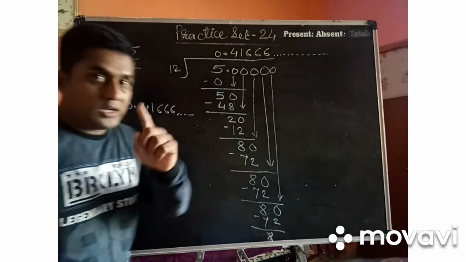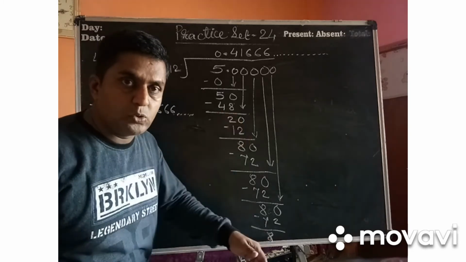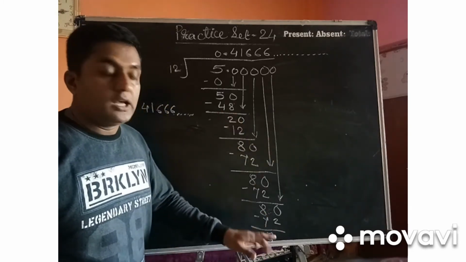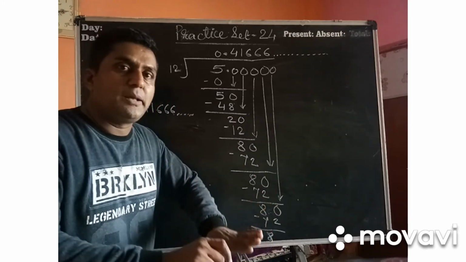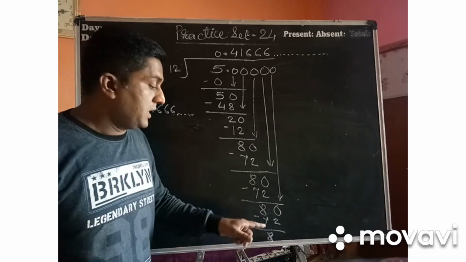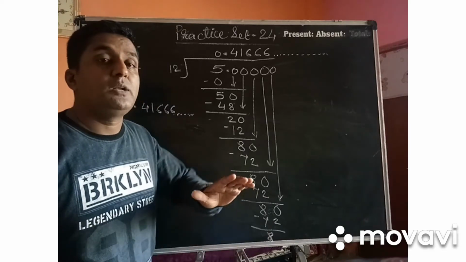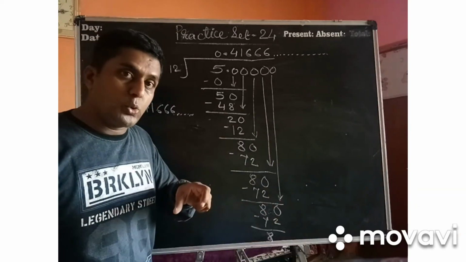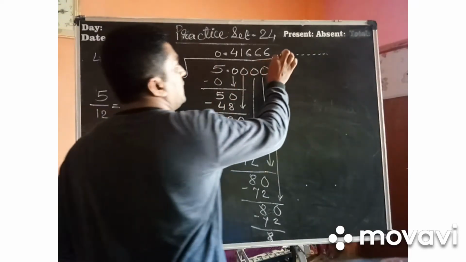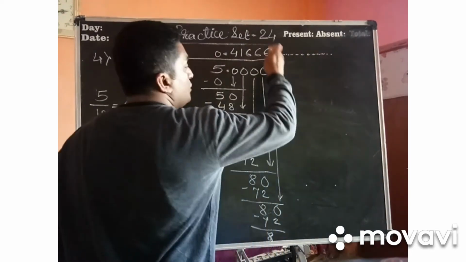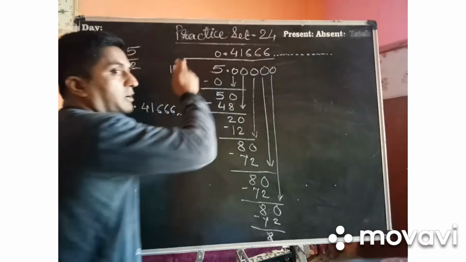Now see, one question I am asking you, has the remainder come 0? No, it hasn't come. Even if you do, it will come 8 only. Okay. So when the remainder doesn't come 0, it means the sum has not ended. It is pending. Pending means ab khatam nahi hua hai. Then you have to consider that this sum will not be terminating. It will be non-terminating. Terminating means to end. Non-terminating means it will never end. So the symbol of non-terminating is shown here in the form of dot dot dot. Means you continue ahead, it will be 6, 6, 6, 6, 6. So this answer is non-terminating.